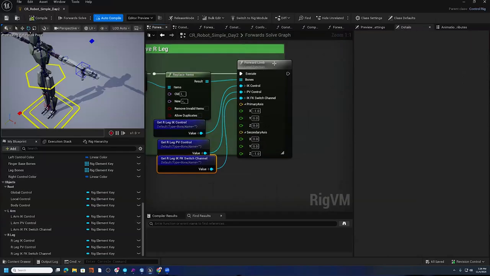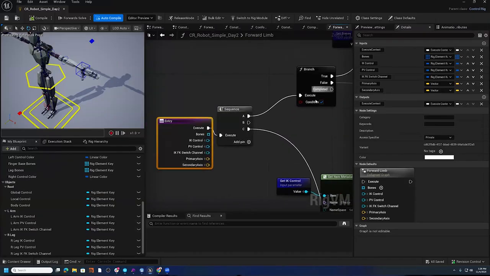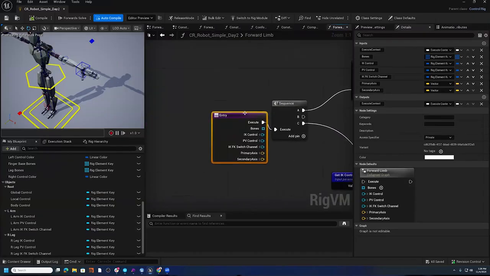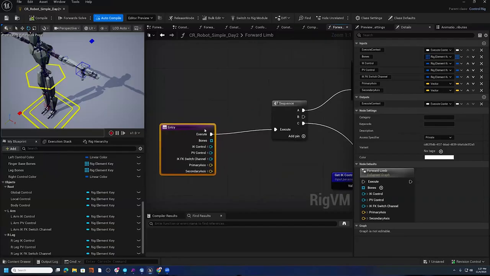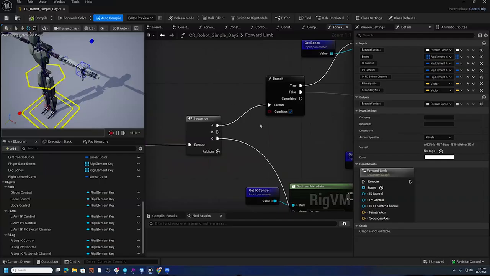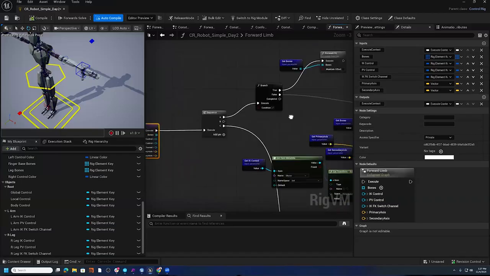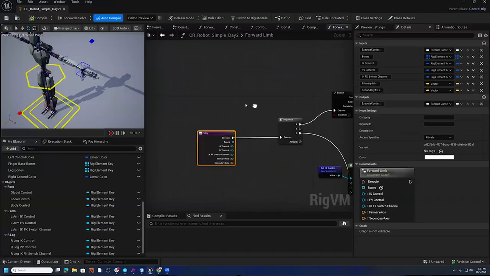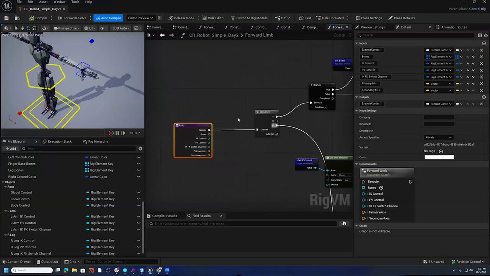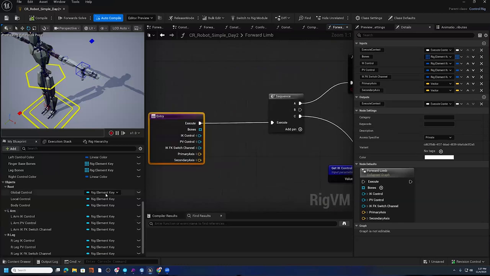So let's go into the forward limb. And now we can use this. We can use that to connect into this condition. So what I want to do though is I want to dump the value of that channel to a local variable, because I could query it in the different places in the graph, but I don't want to do it multiple times. I just want to kind of cache it down to a Boolean variable and then reuse it in the rig. So to do that, I'm just going to